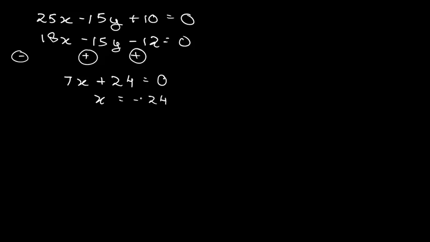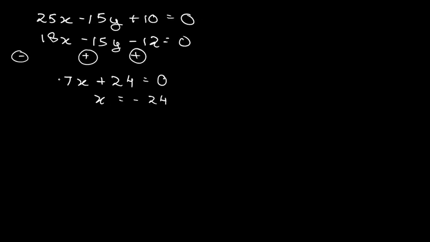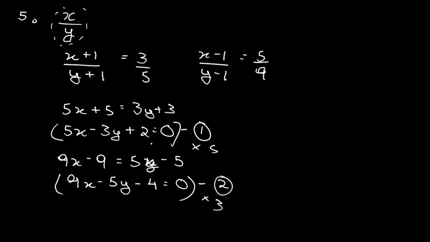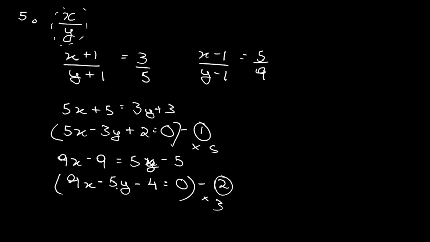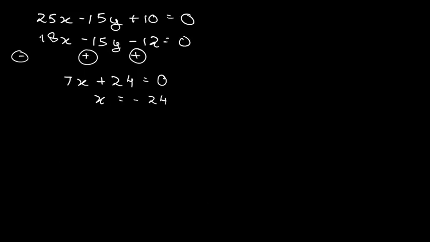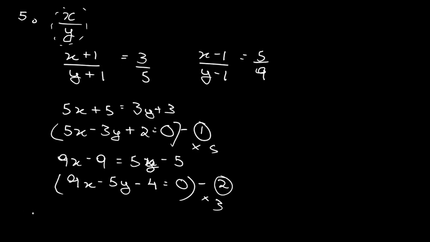I think I have made a mistake somewhere and I'm not able to analyze it. I might click to the correct answer. We should be getting the value of x as equal to 11. Okay, so there is a mistake somewhere. Just checking, 5 5s are 25, okay, this one is correct, and 3 9s are 27. Okay, here we should have used 27x. So there is a mistake from my side, sorry for that. I'm erasing it all and I'm doing it once again.